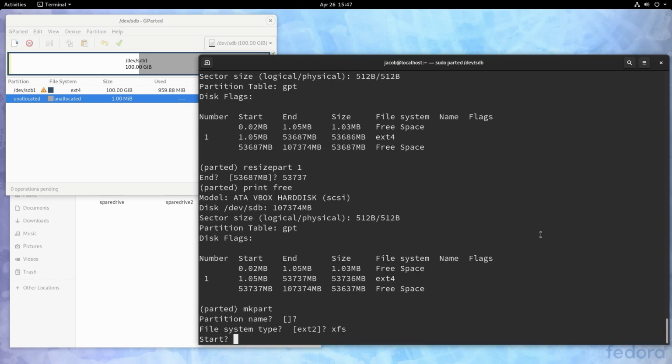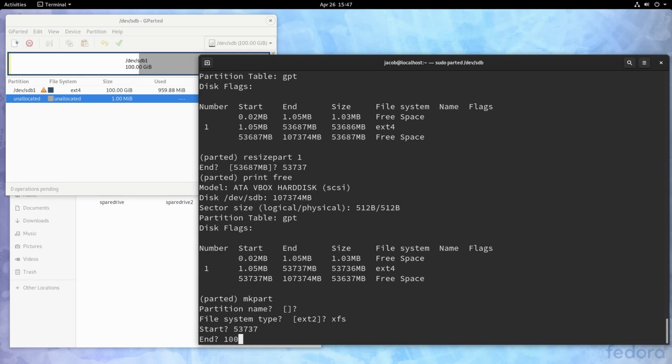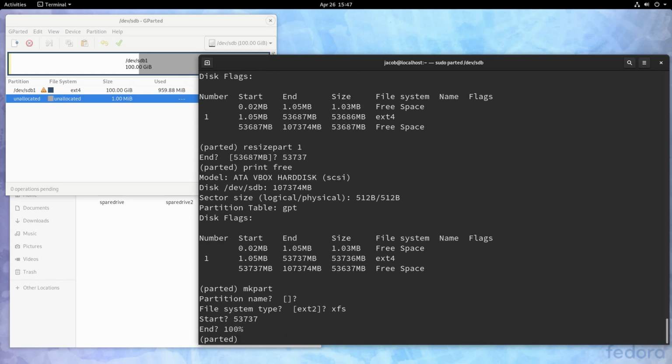So we can enter our start size in megabytes now, since that's the unit we're working in. If we hadn't entered that in, we could just type it in with MB at the end. You can see right here the start of our free space. It's the exact same as the end of the partition. So 53737, I'll copy that and paste it. We'll enter that in, and then the end is still 100% at the end of the drive.